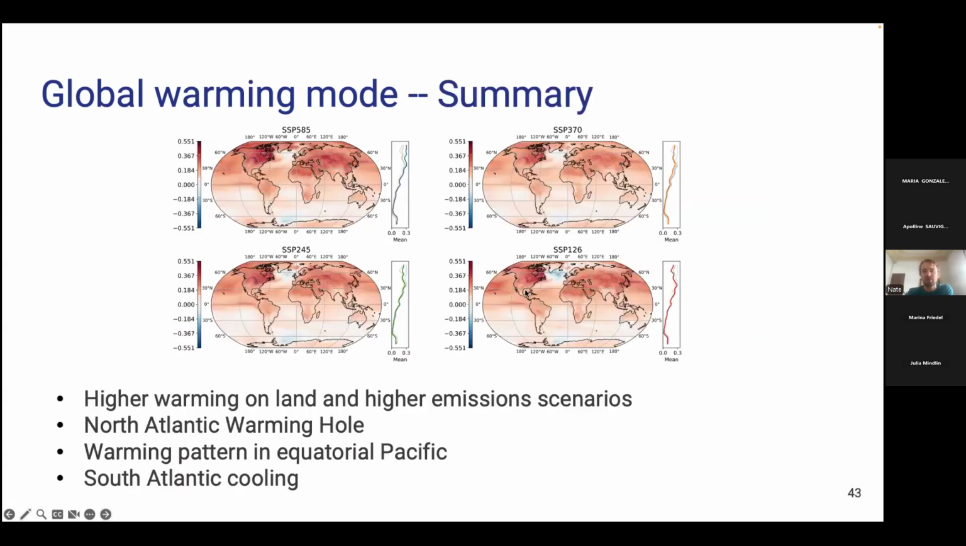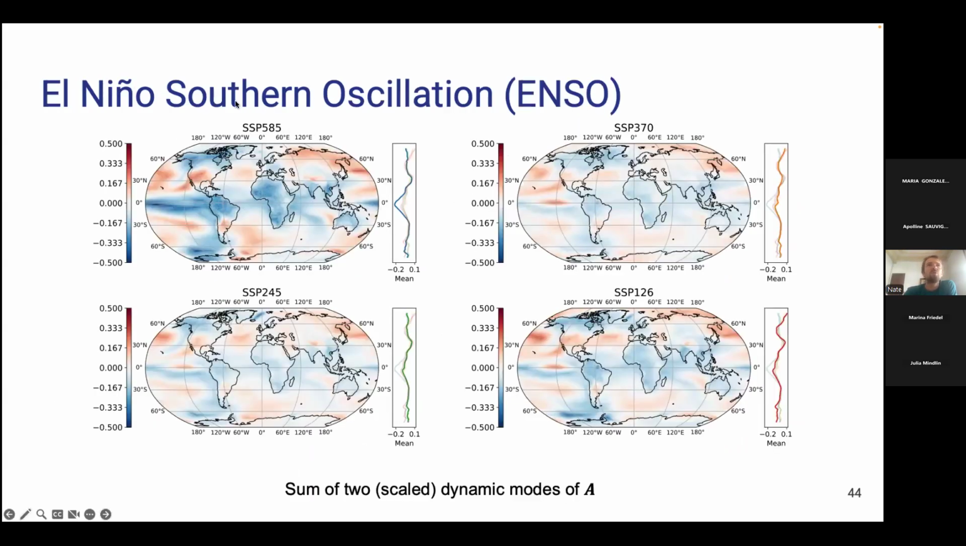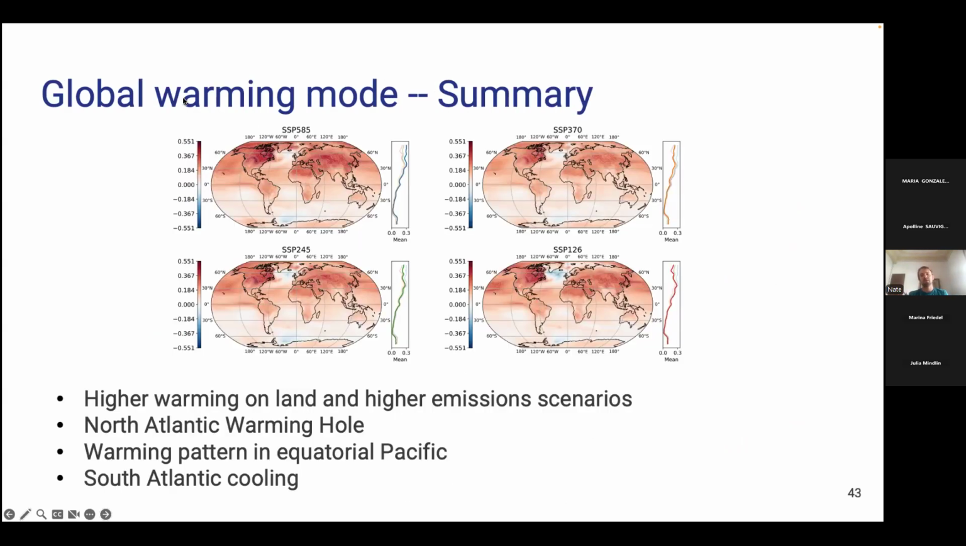So to summarize, with this warming mode, we see higher warming on land and for higher emissions scenarios. We see a weakening of this North Atlantic warming hole in higher emission scenarios. We see a warming pattern in the equatorial Pacific and some South Atlantic cooling. One thing I didn't discuss here is that each of these patterns comes from A, right? This is part of the autoregressive component. This also comes with an oscillation over time with the associated eigenvalue